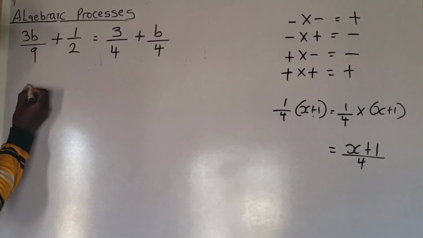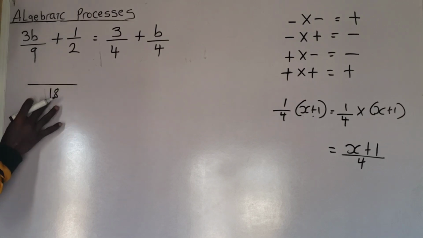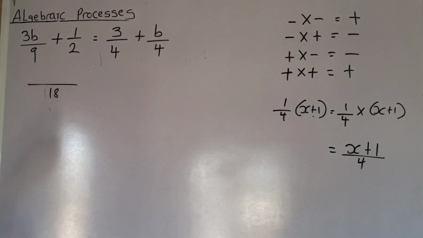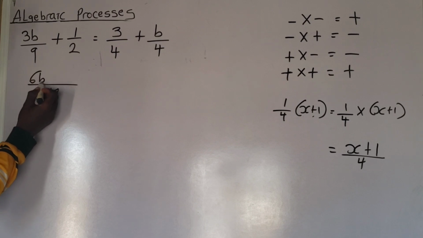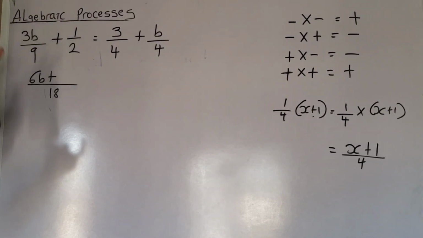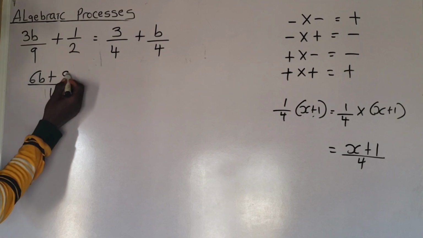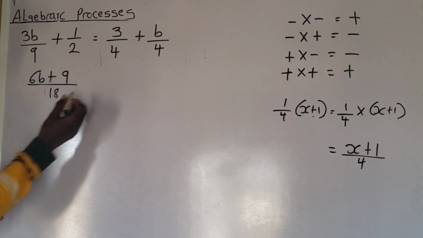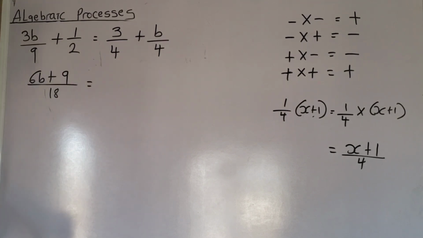You understand? So the LCM here is 18. 18 divided by 9 is what? 2. 2 multiplied by 3b, that will be what? 6b. So I'm going to have 6b plus 18 divided by 2 is what? 9. 9 multiplied by 1 is what? 9. So I'm going to have 6b plus 9. Do you understand? Is equals to,